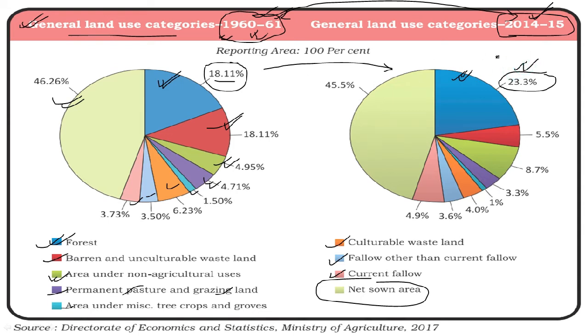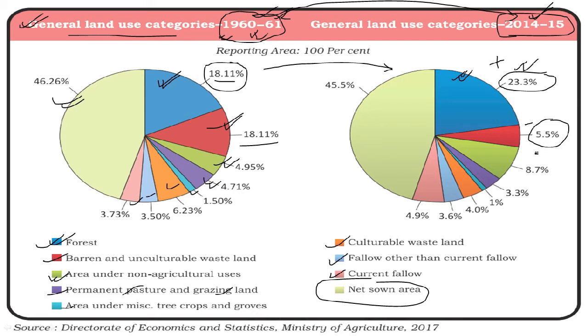So yes, here you can see an increase in the forest area of India. Now the second area is barren and unculturable wasteland. It was 18.11% in 1960-61, but when we see the percentage share of barren and unculturable wasteland, it has gone down to 5.5%. Clear? A decrease, but that's good, because we must not have a lot of barren and unculturable